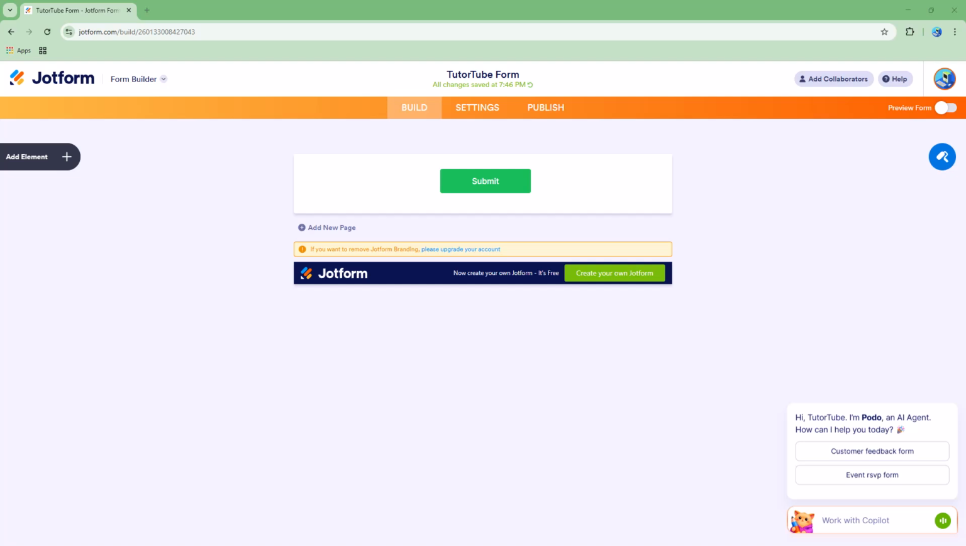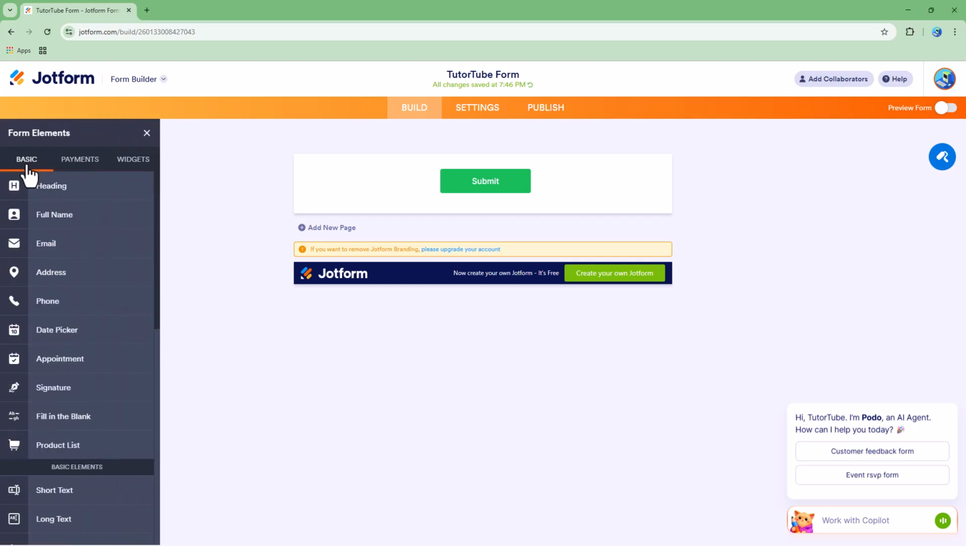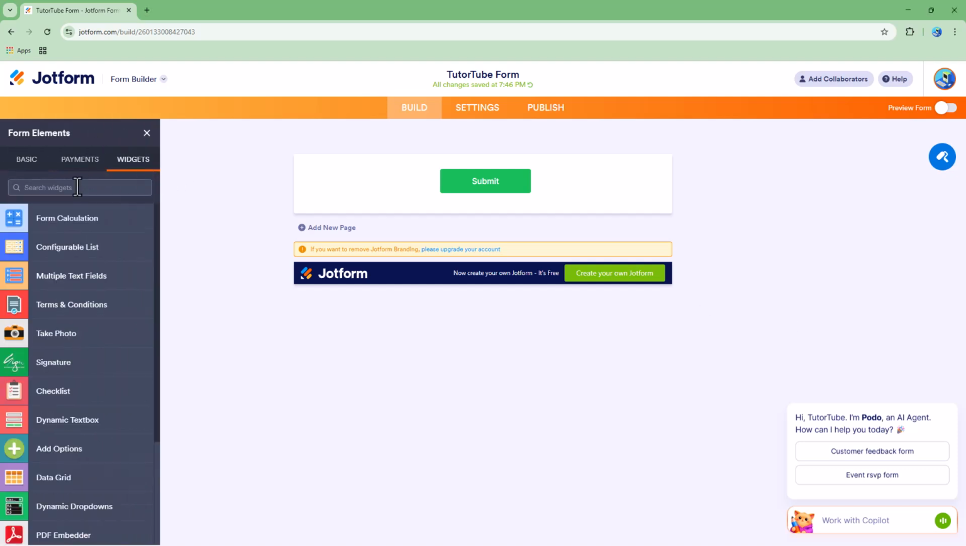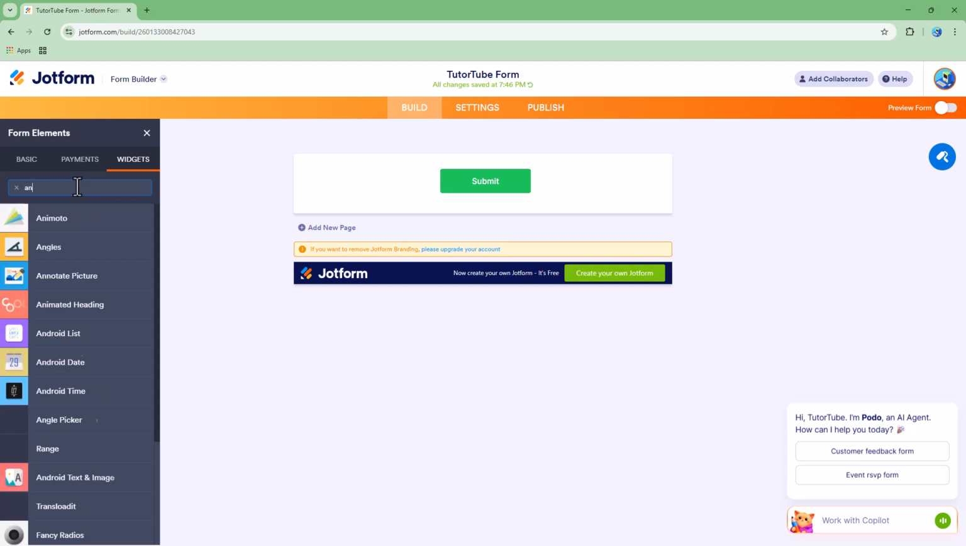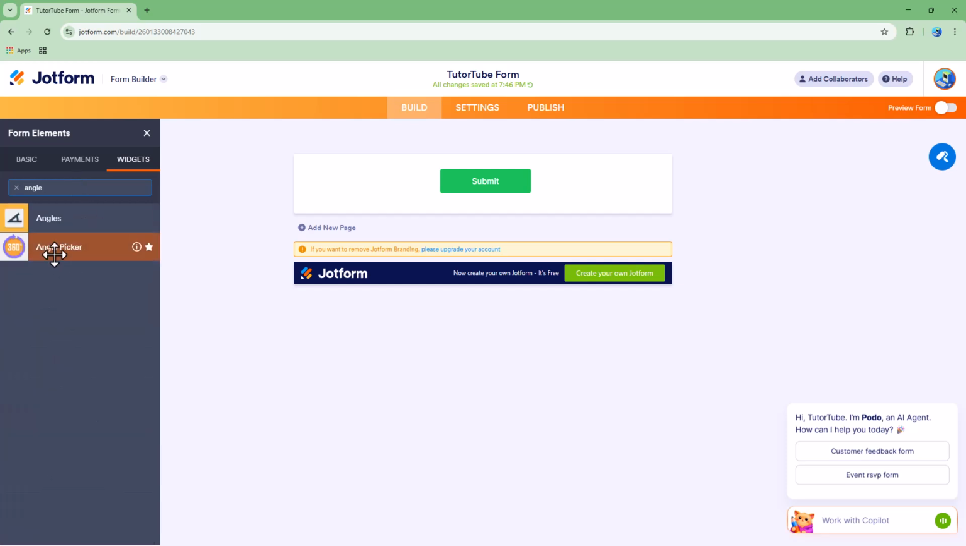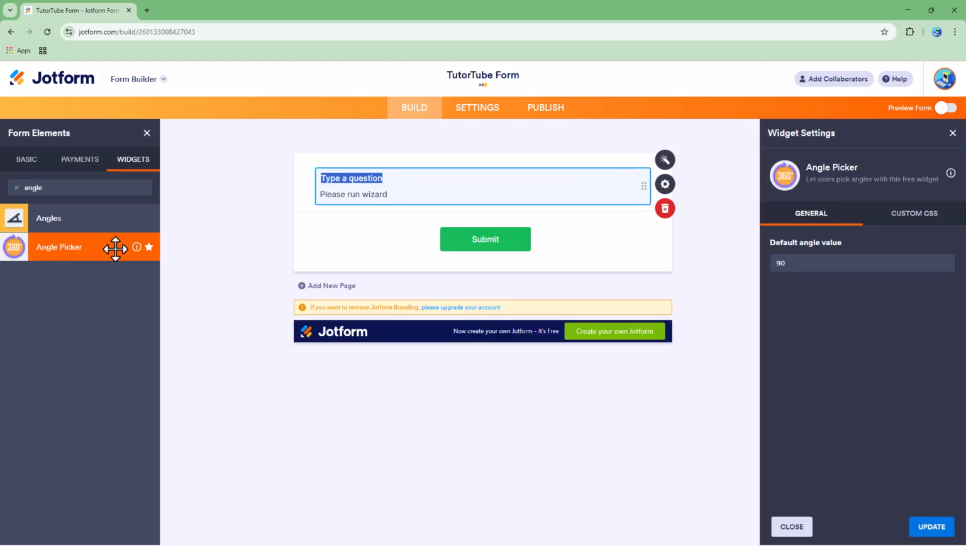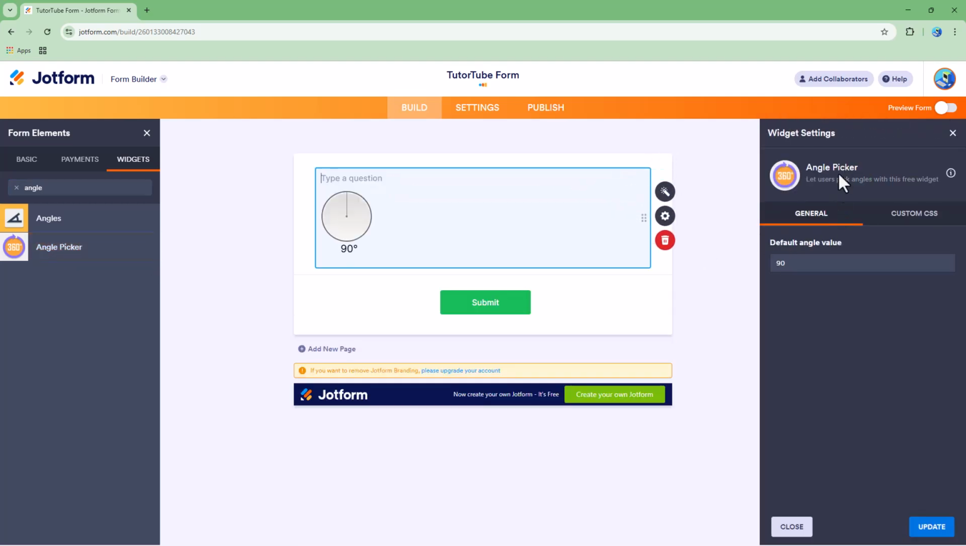So if you want to go ahead and collect angle information from users inside of Jotform, then what you can do is you can utilize something called the Angle Picker Widget. So to go ahead and add that, you can click on Add Element. Then you can go to Widgets right here. Then you can go ahead and type in Angle, and here you can see Angle Picker is an option. Go ahead and click, and then what happens is that you get the Angle Picker, as